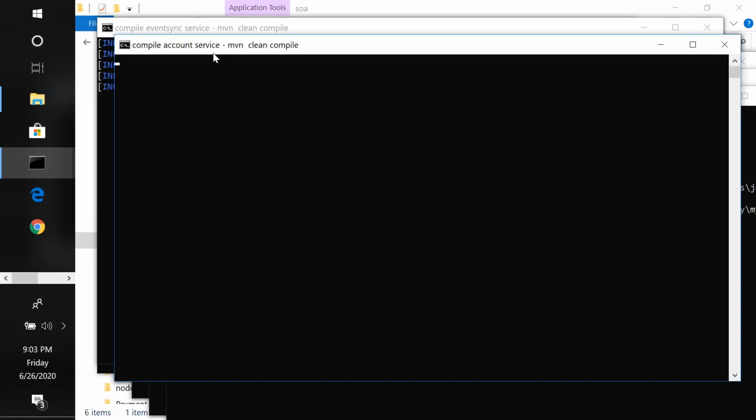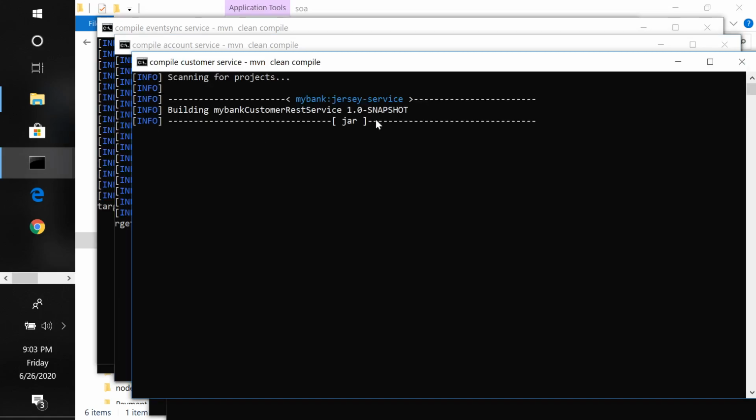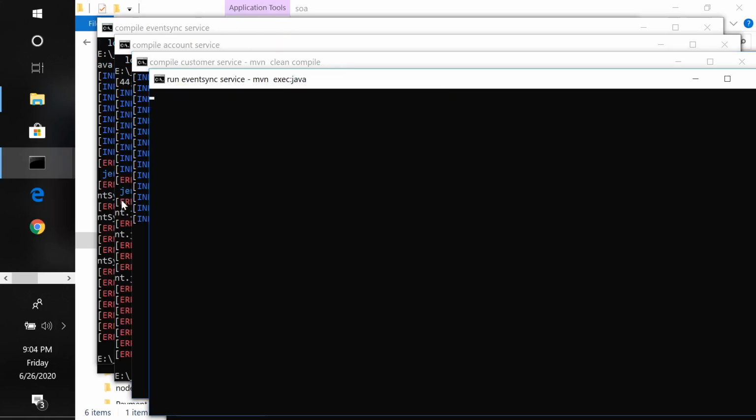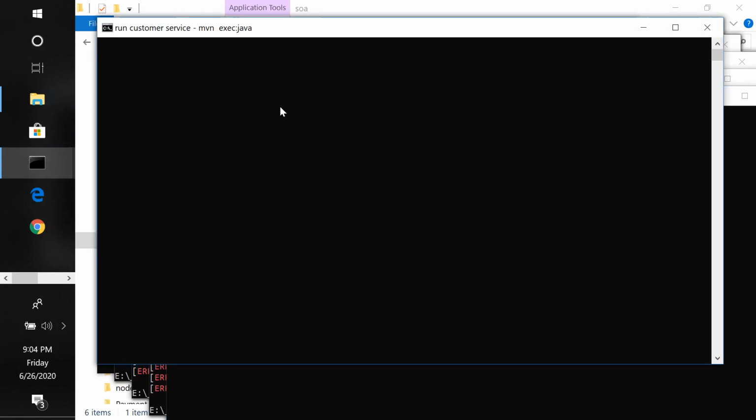You need to wait for all the processes; if you close any window, that particular process will not complete. There's an error here also in the compilation. Account service is throwing an error, and customer, there were no issues.